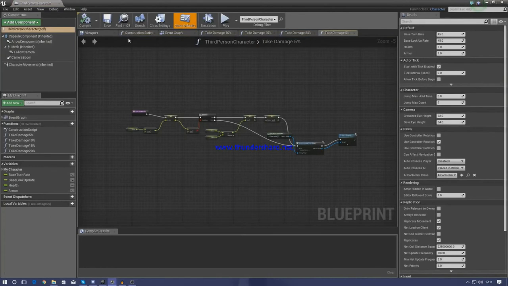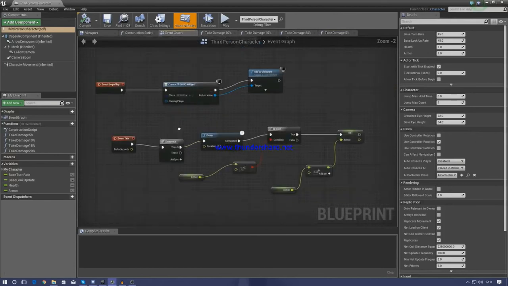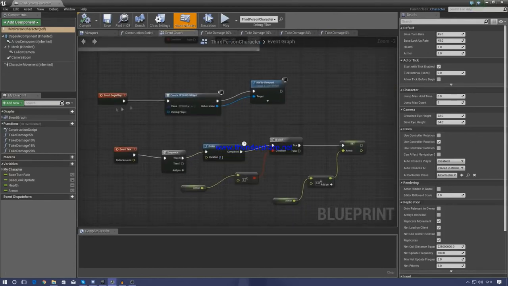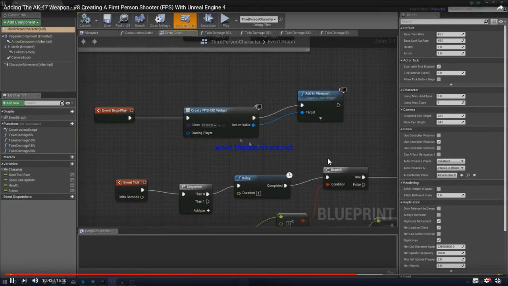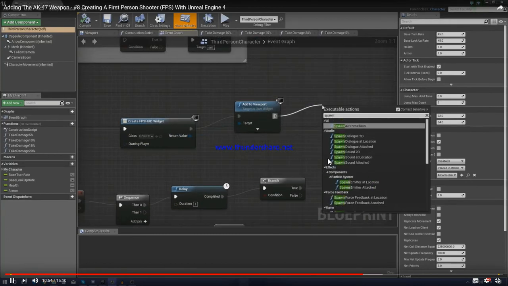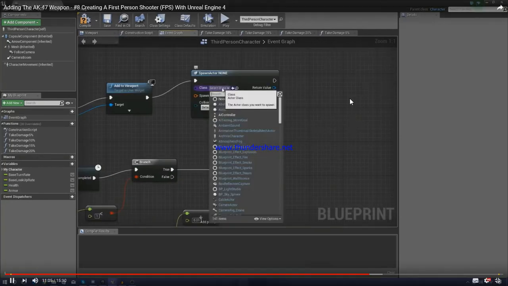So go into your event graph, ignore the take damage stuff if you've got that open already, and what we've got to look for is our begin play. Now as of right now, we've got some heads up display stuff in there. So what we're doing is spawn actor from that blueprint actor that we created earlier for our weapon. So with the class, obviously,